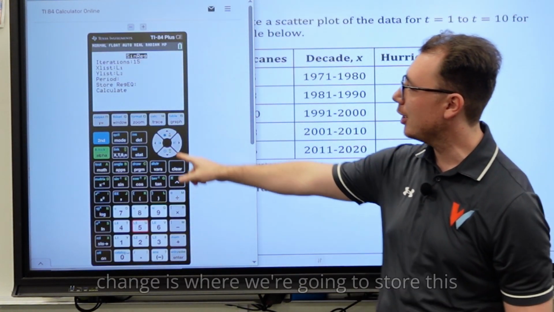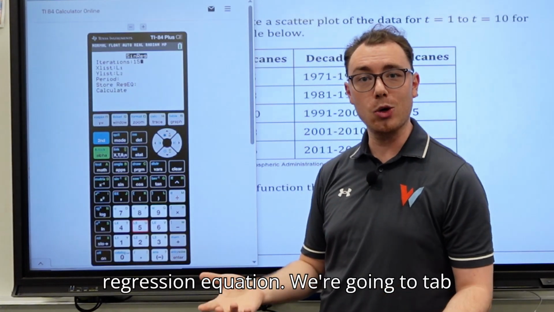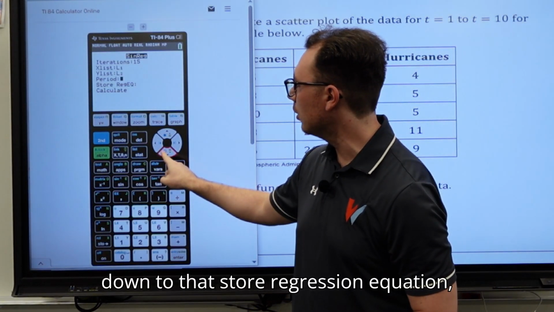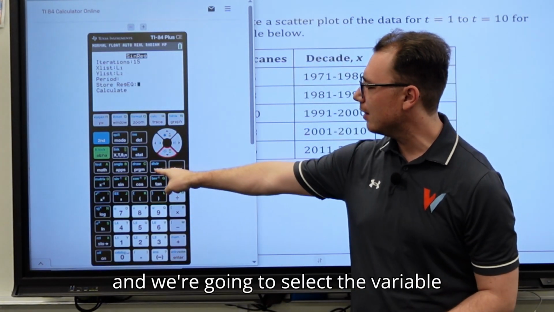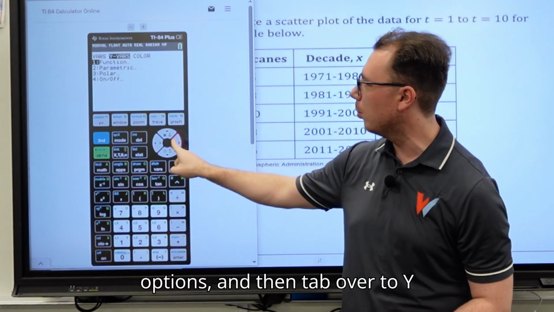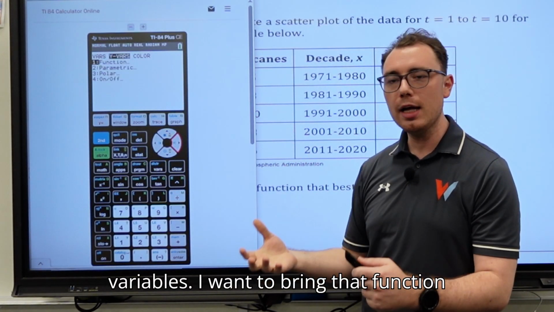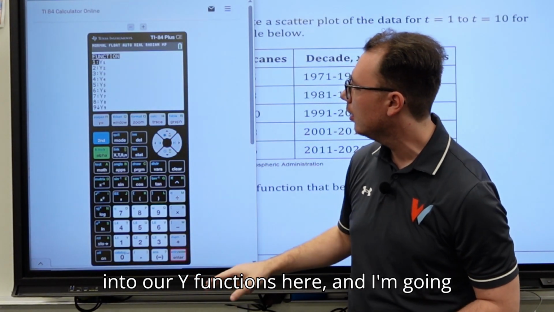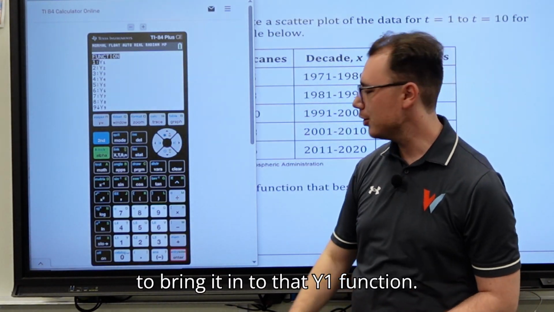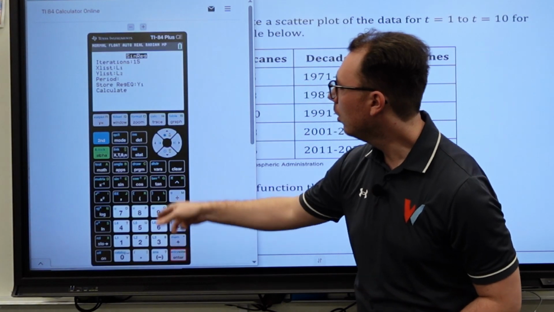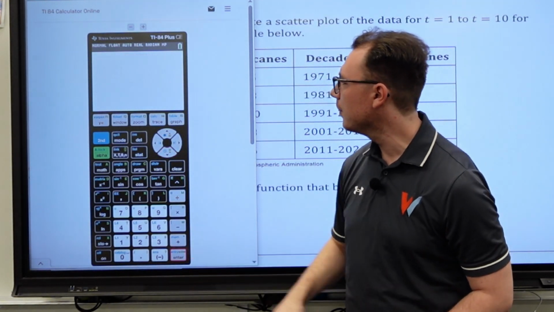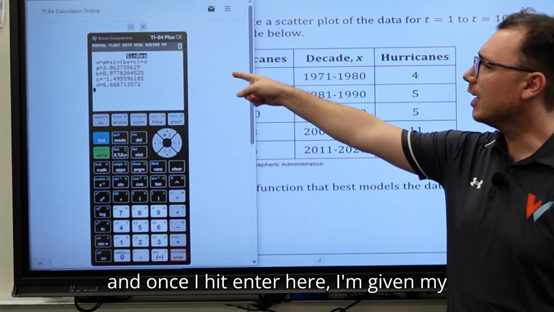The last thing we need to change is where we're going to store this regression equation. We're going to tab down to that store regression equation, and we're going to select the variable options and then tab over to y variables. I want to bring that function into our y functions here, and I'm going to bring it in to that y1 function. Once I do that, I tab down to calculate, and once I hit enter here, I'm given my a, b,